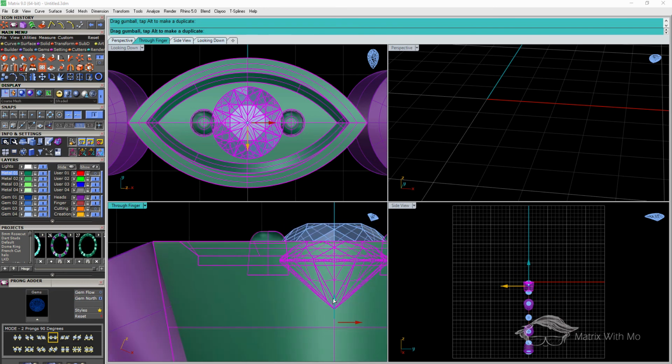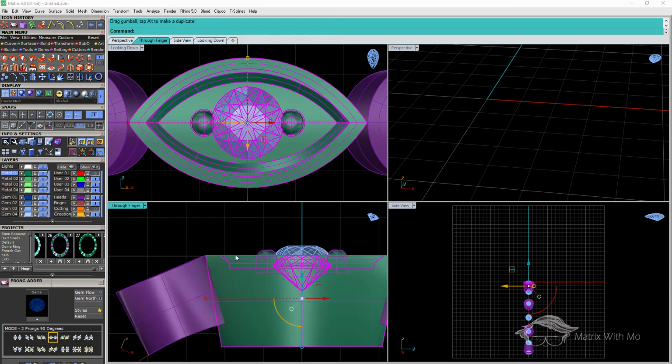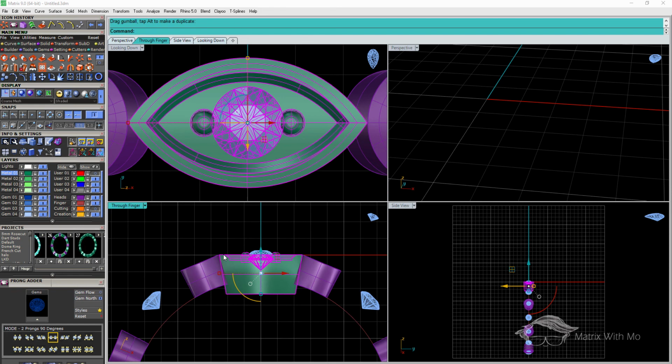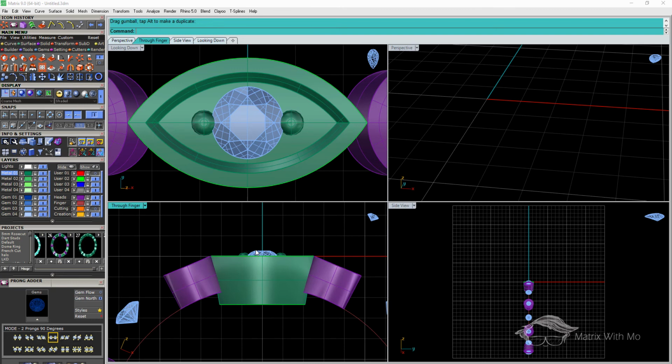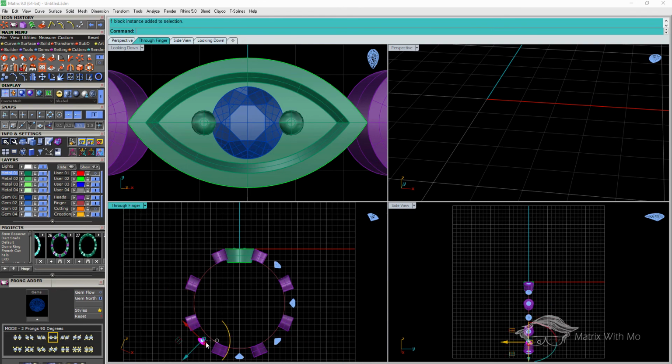I've got my grid snaps turned off here so that those aren't interfering with my movement. Okay, and that looks good. So I can delete that stone and these stones here. I don't need them anymore because now I can pull an array